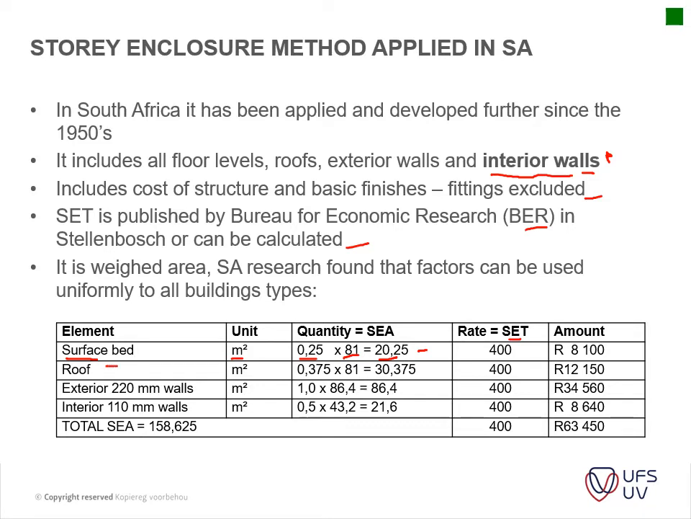And then you've got your roofs, which has a multiplying factor of 0.3 in this case, times the area to get the story enclosure area. Okay, same with your exterior walls and your interior walls to get the total areas. This is then multiplied with a uniform story enclosure tariff to get to your amounts on this side, and thus your basic building cost on this side. Okay,